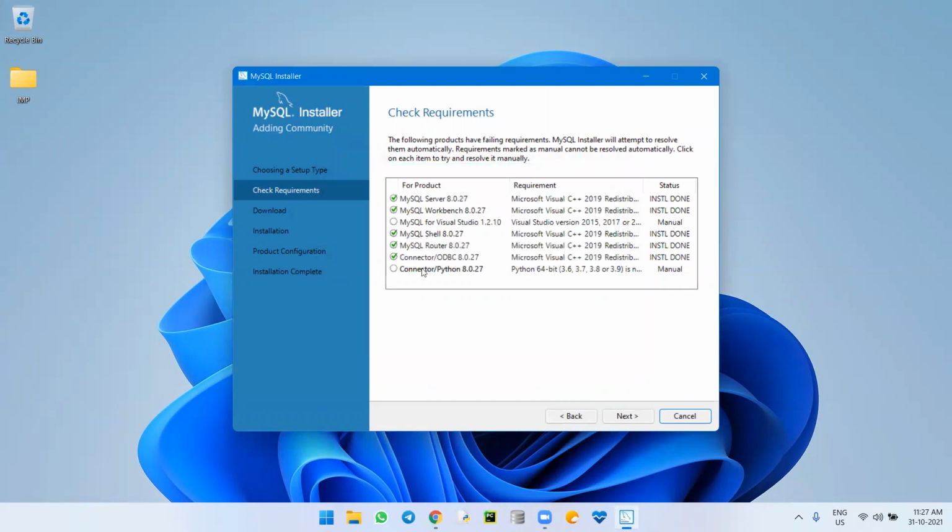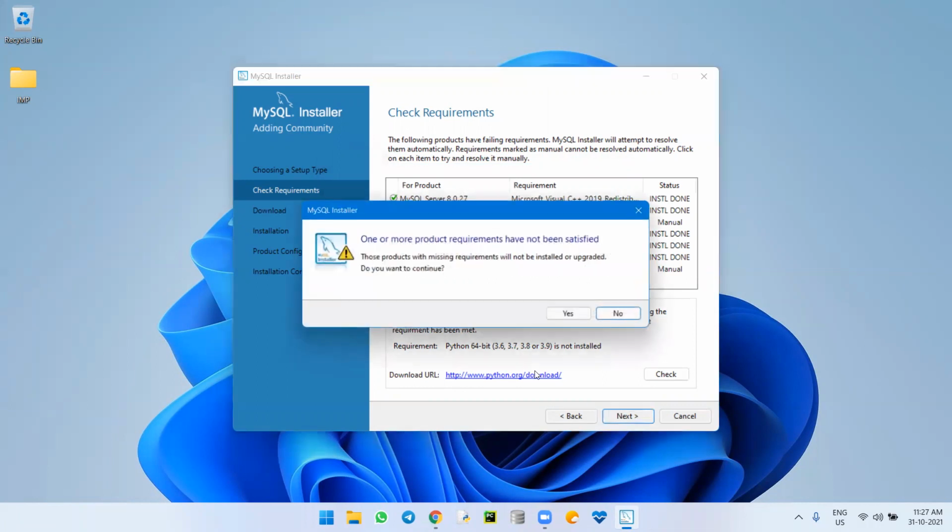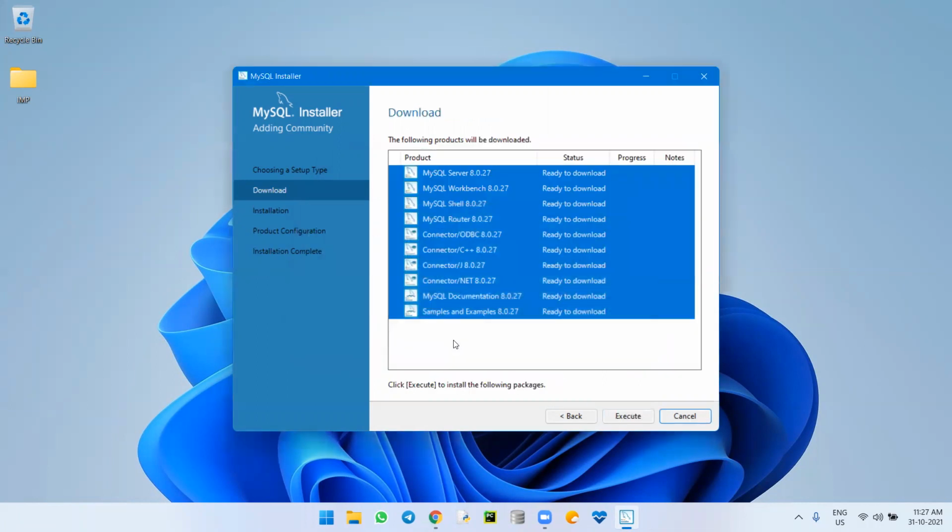Now you need to click on next. No need of this. It will ask for more products. So now those are downloaded in your laptop. Now execute. It will install.